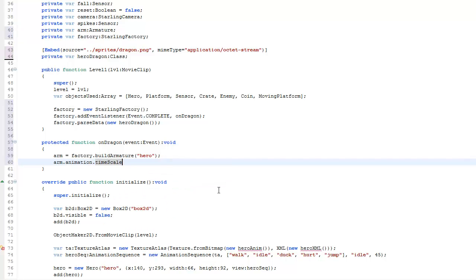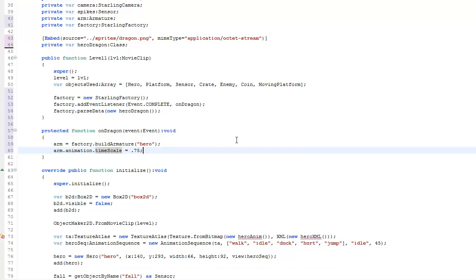arm.animation.timescale, and this can manipulate the speed of my animation. So I'm going to slow it down, so 45 frames going at 60 frames a second, or rather 60 frames a second turned into 45 frames. I just need to slow it down, so it's like 0.75 of the normal time scale. So that's kind of all I need to do in here. But if I were to run this right now,